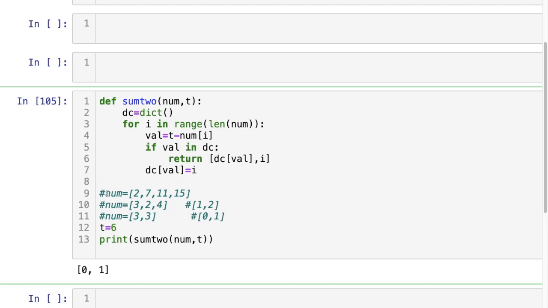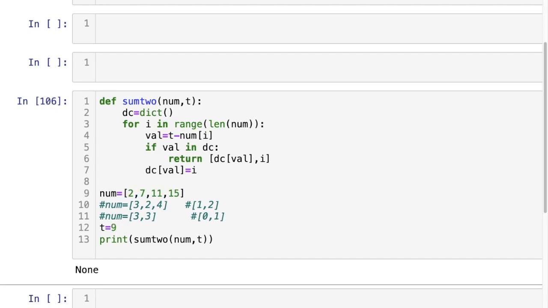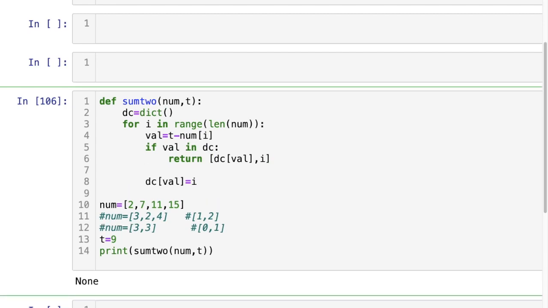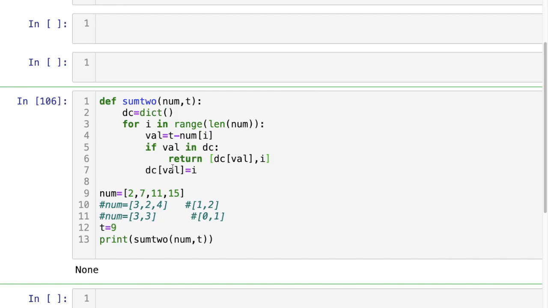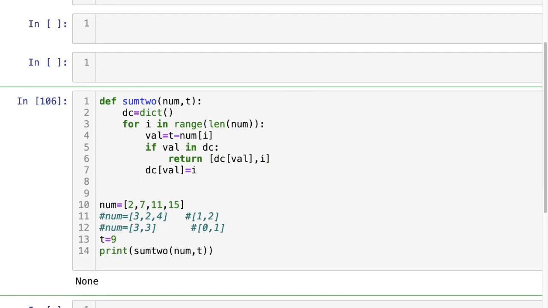So let us execute with this value, and our target is here 9. So we are getting an empty dictionary. Why? So let us print here and check why we are getting wrong. Each time after adding, we will simply print the DC value.